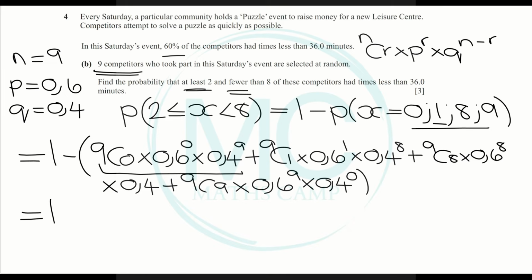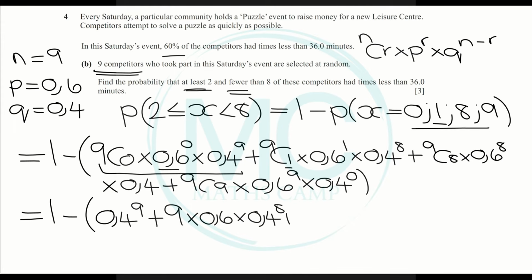So now we have 1 minus, let's open a bracket, 9C0 is 1, 0,6 with an exponent of 0 is also 1, so this becomes 0,4 with an exponent of 9, plus, when you have an R value of 1, NCR becomes N, so this is 9 multiplied by 0,6 multiplied by 0,4 with an exponent of 8, plus 9C8 multiplied by 0,6 with an exponent of 8 multiplied by 0,4, plus, when you have an NCR and your